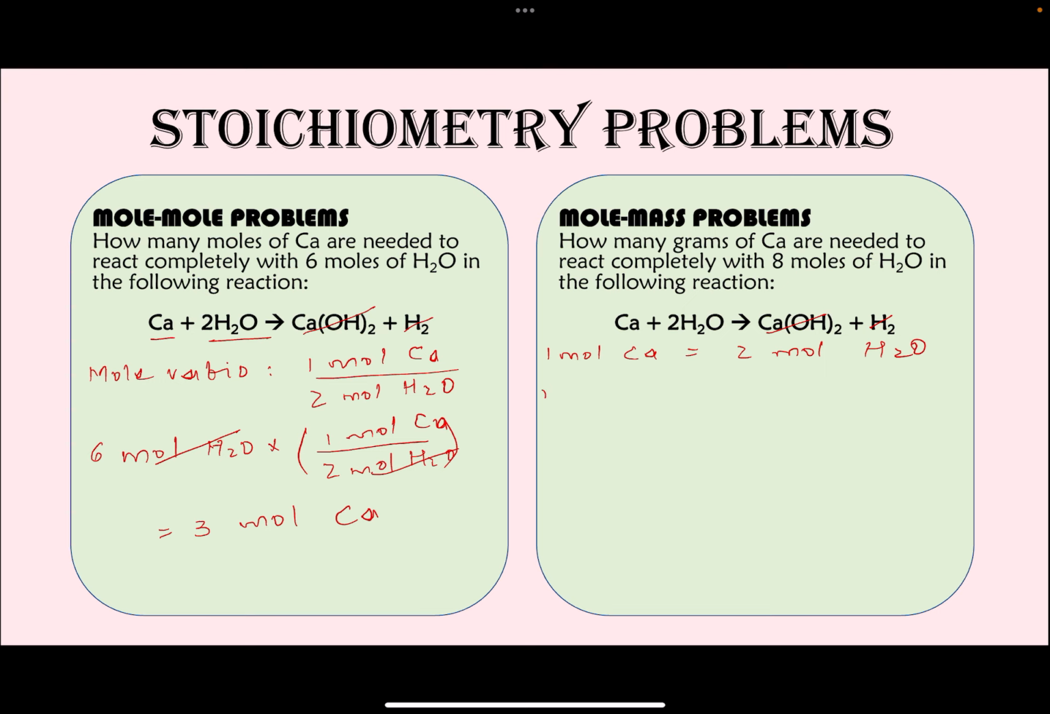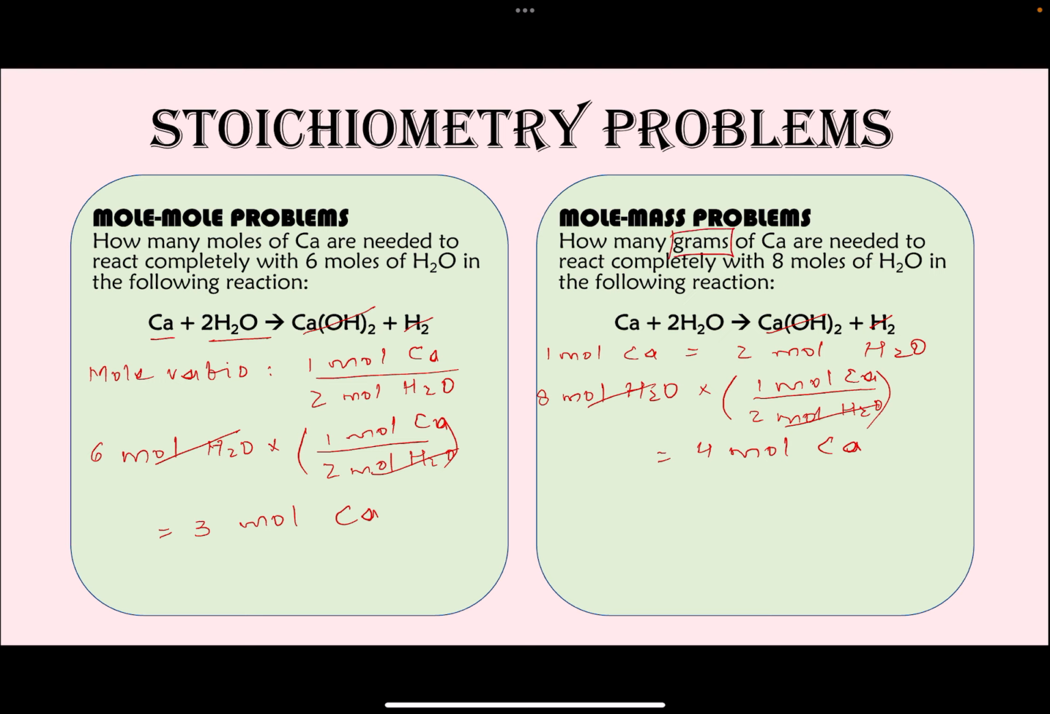And then we're going to start with 8 moles of water in this case, and we are going to multiply that by the mole ratio. Because I want to cancel out the moles of water, I'm putting 2 moles of water at the bottom and 1 mole of calcium at the top. So moles of water cancel out with moles of water, and we get 8 over 2, that is 4 moles of calcium. Now here's the thing, this only gave us the moles, but the question is asking for the